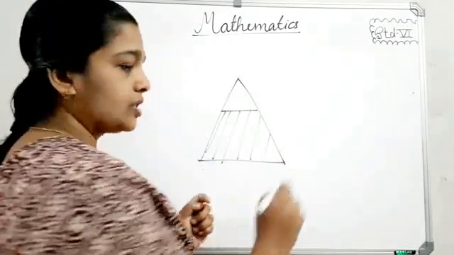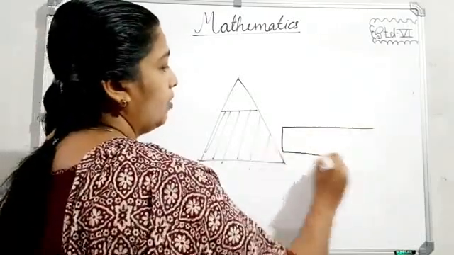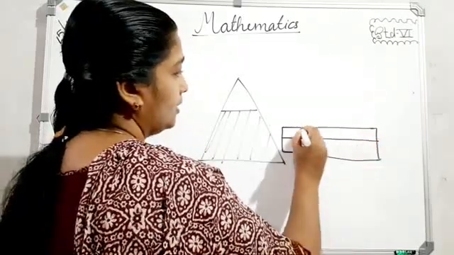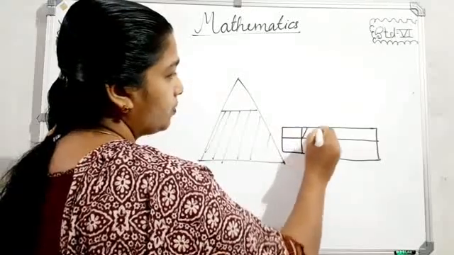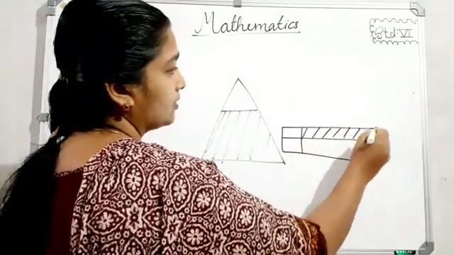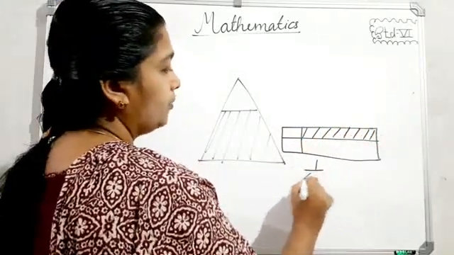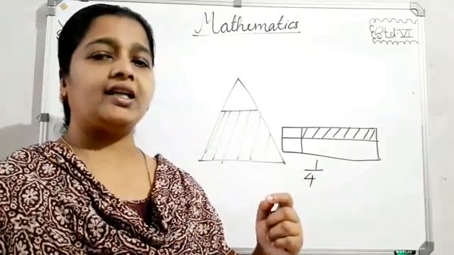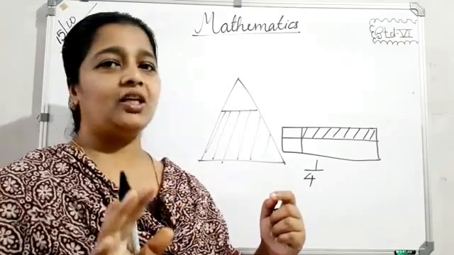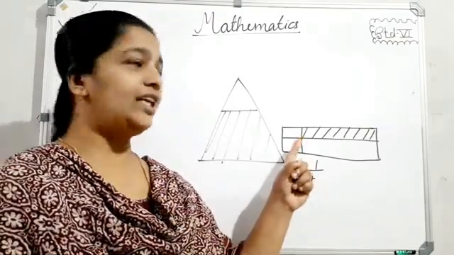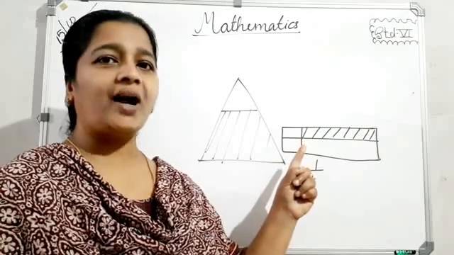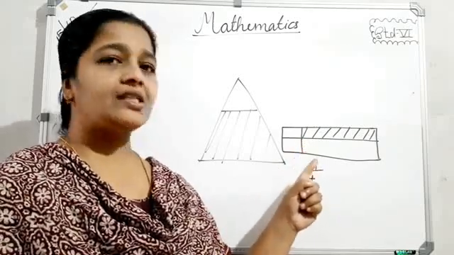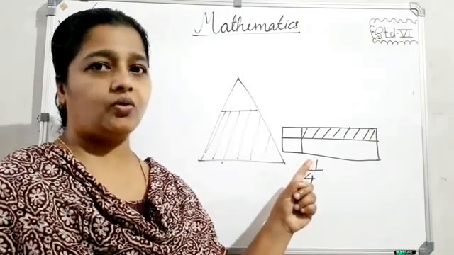So in the next figure, that whole rectangle is divided in this way and only this part they shaded. And it is given as 1/4. So you know the whole figure should be divided into 4 equal parts. Here they are not equal. They divided it into 4 parts but not equal. But in your question it is given as 1/4. Is it true? No.